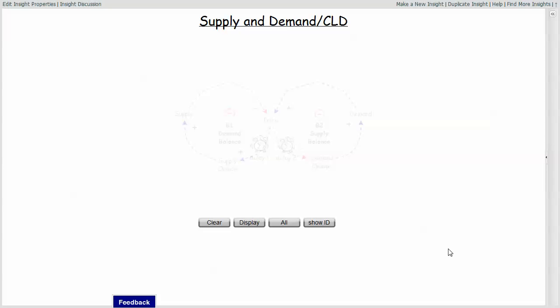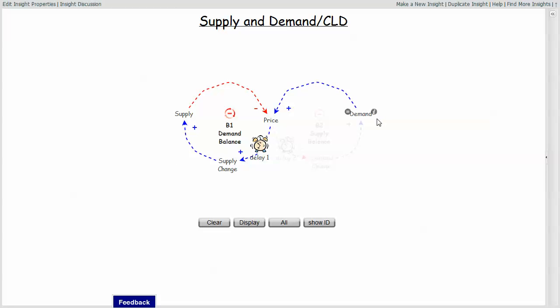I'll spend a few minutes and talk about a structure where supply and demand operate through price, and it creates a structure that is essentially an indecision systems archetype. If we begin to look at the structure, it's actually two balancing loops. The first one being a balancing loop where the goal is whatever is defined as the demand, and it is this balancing loop that attempts to bring the supply into alignment with whatever the demand is, so that there is no more price change